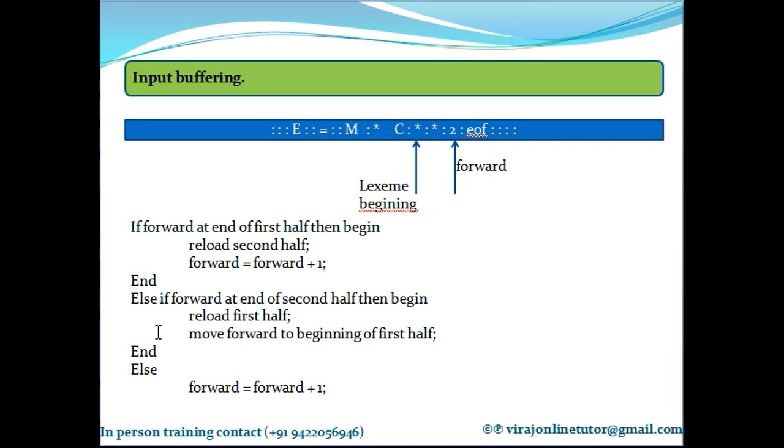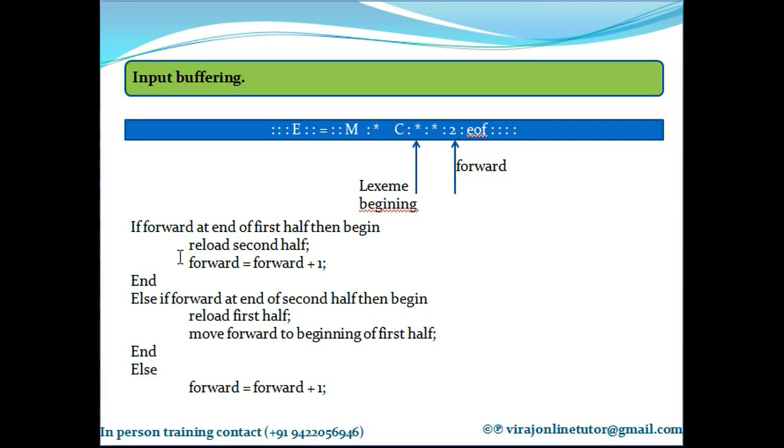Only on one particular time will one of these conditions match, when the pointer points to the end of the first half or second half. But other than that, both these conditions will be false, because the buffer is 1000 long and 1000 times the forward pointer is going to be within the buffer itself. So we are simply wasting time here by testing. Before incrementing the forward pointer, we are testing unnecessarily. So how do we overcome this drawback?